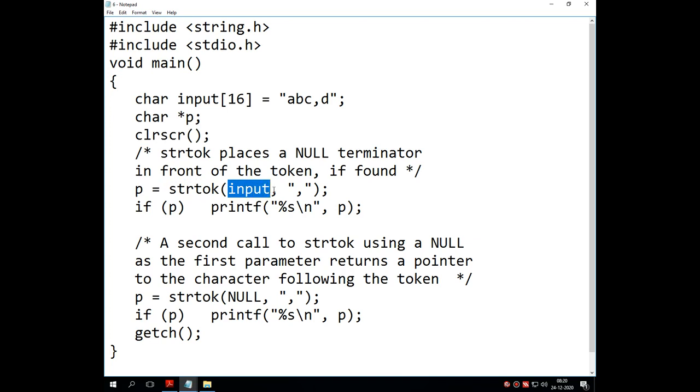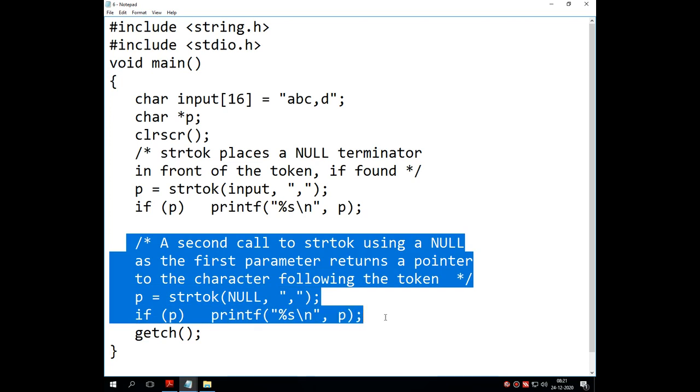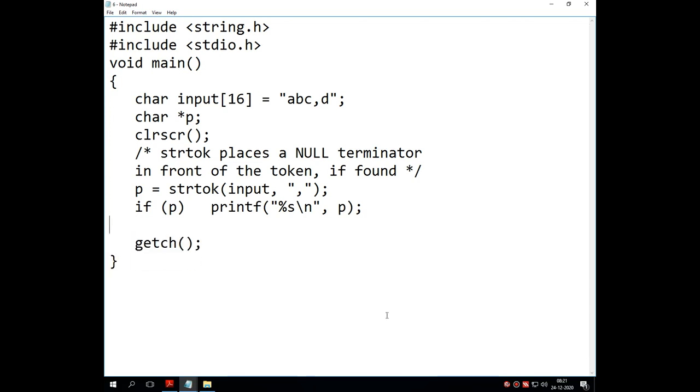In the inputted string I am trying to search for the comma, and if the comma is present, it prints the new line character onto the screen. That's why it returns ABC on the first line and D on the second line. If nothing is found, then it prints null. I think no need to write this line of code.